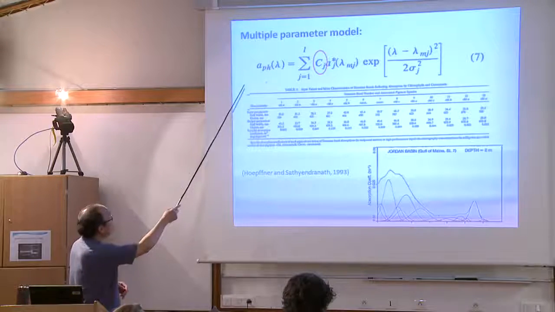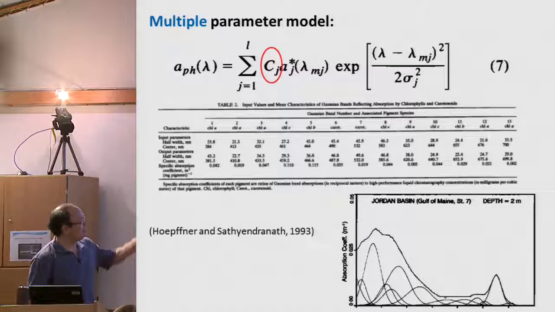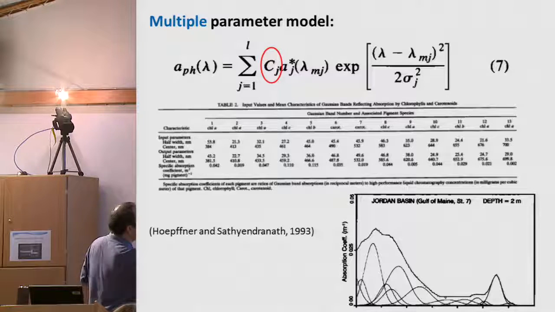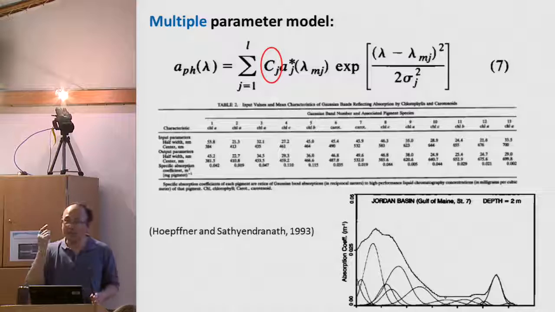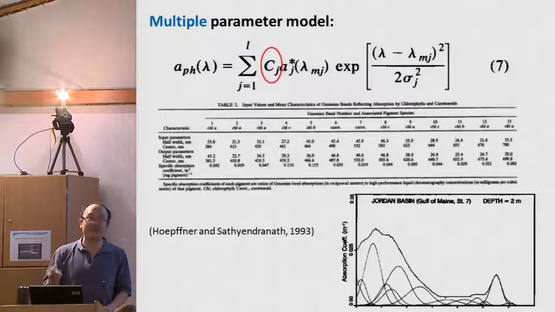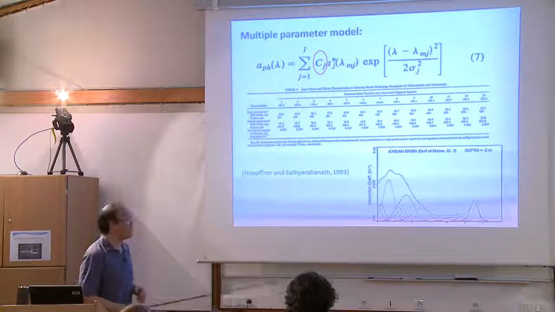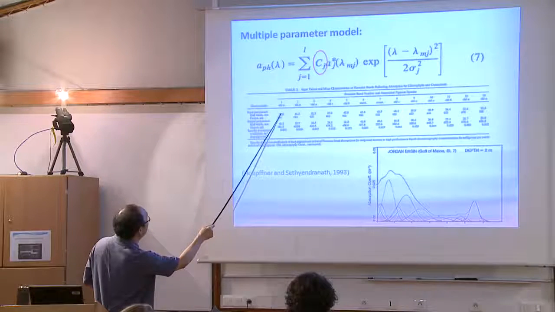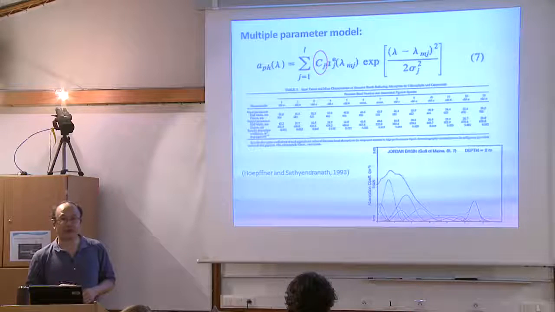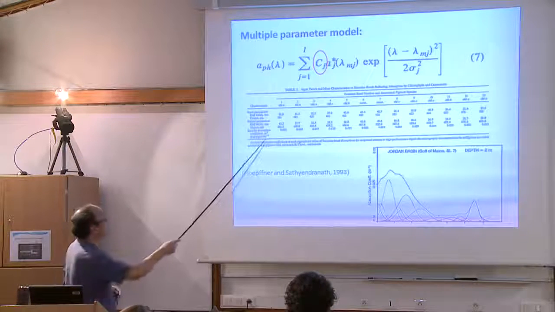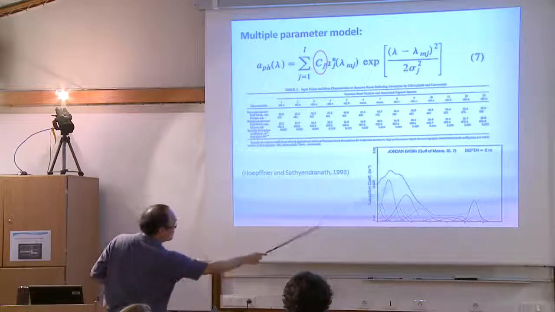There are also multiple parameter approaches. This was proposed 20 years ago by Hopfiner, Sansandranas. Basically, use a bunch of Gaussian functions. Each Gaussian function represents the absorption of individual pigments, so basically you summarize the contribution of many pigments. For example, they used 13 Gaussian bands. Each Gaussian band has its center wavelength, half bandwidth, and magnitude. The magnitudes depend on the concentration of that pigment. So you sum up these Gaussian bands, and you can also get a very nice